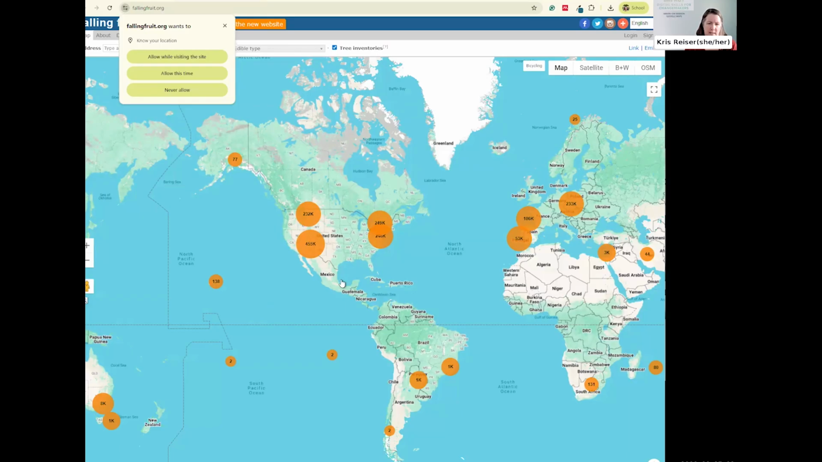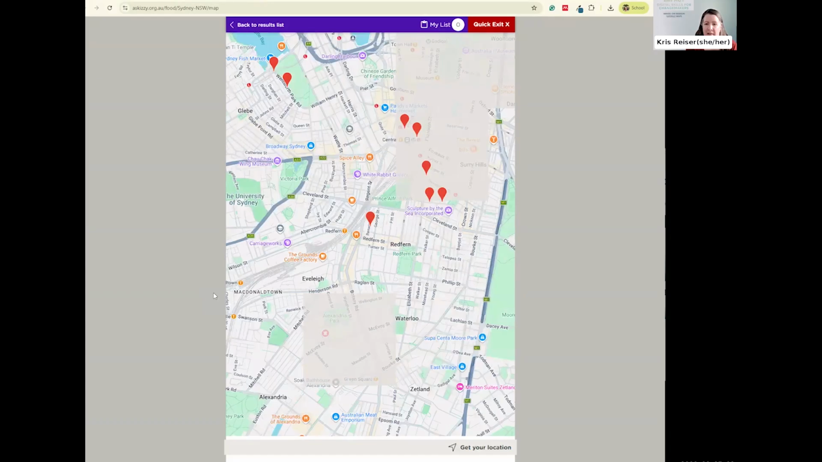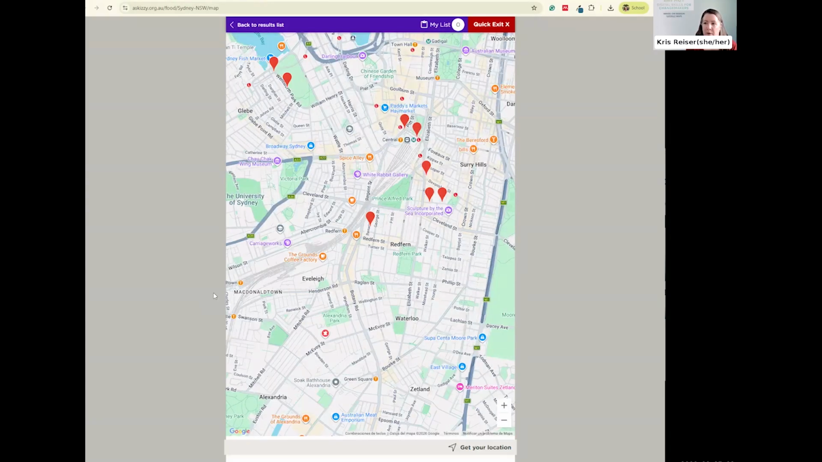Now, this is an example of a partnership map. And this map is for a nonprofit that works with people without homes. And so this is a place where people can look to see where they can get a free meal. And so this is in Sydney, and it shows different locations, and you can click on this and see where